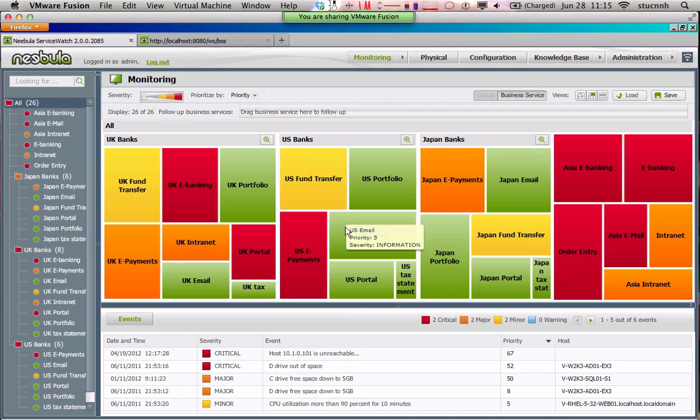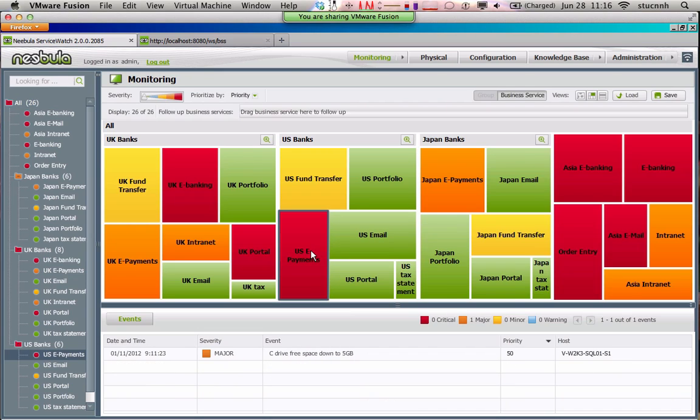Now let's look at how we would find out what the problem is for a particular business service. For example, take U.S. e-payments. I can click on that and drill down and filter out all but the one alarm that's causing an issue with that service. In fact, I can see which server is causing the problem, SQL 01,